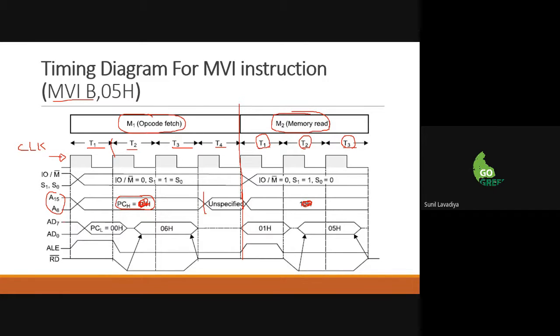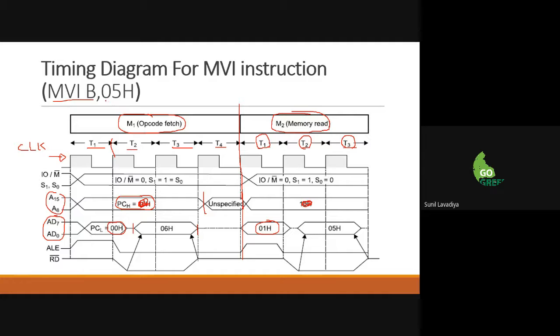Then you have to draw the lower order address line. AD0 to AD7 is the lower order. For MVI B, the data is fixed, but no need to remember that. You just have to make this kind of tab, which represents that the operation is going to end here. Similarly, this is actually 00. What do you have to draw over here? 01. This is what you have to remember, because our process for the first machine cycle starts with 00, so for the next one, we have to write 01. Understood?